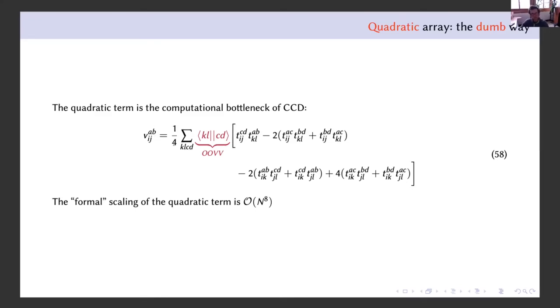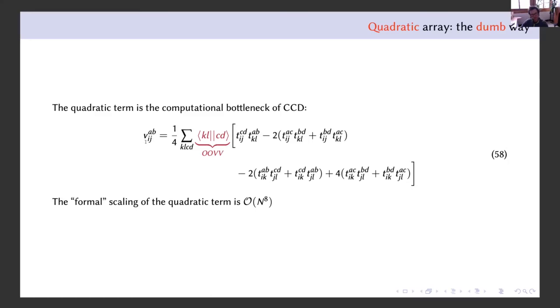So if I look at it, it's given by a quadruple sum over k, l, c, d of those integrals, which are the OOVV block, okay? And you can see that it's indeed quadratic with respect to the amplitudes. It involves the product of 2 amplitudes, lots of them. And if I look at the formal scaling of that quantity,